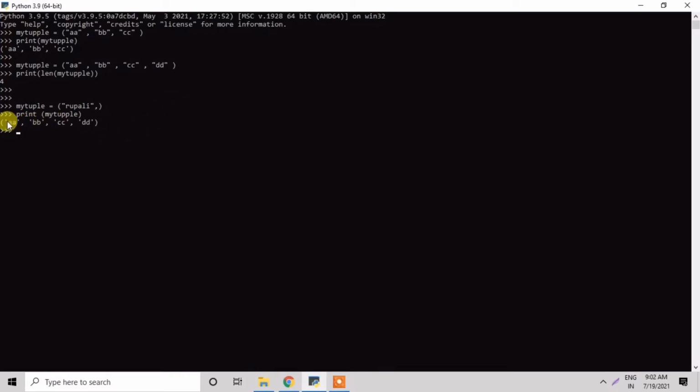So this is not a tuple when the comma is missing, because it takes the value as a string; I have put the comma after the word Rupali. Now another example of a tuple: I have taken the value A, and after that I'll find the type of this. So now the value of the tuple is A.